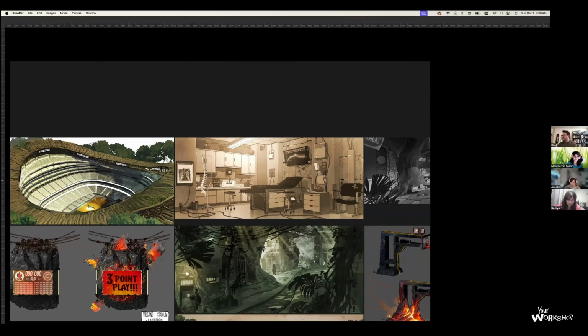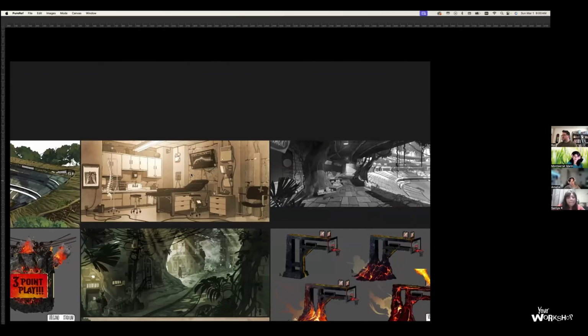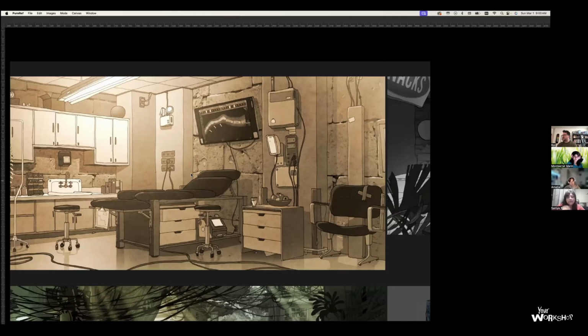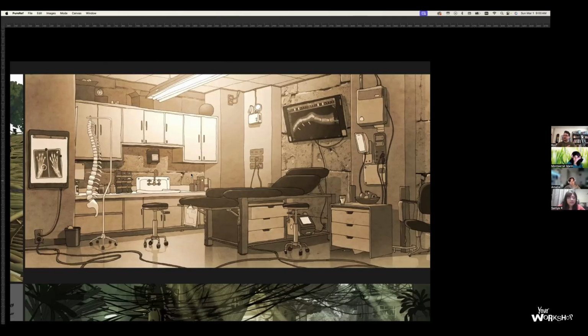But you can see that this is much more specific, right? They take the pre-production art and the storyboards, and then they give the art and the story beats to a production artist, and they're like, well, we have a scene that takes place in a dentist office. We need to know what that dentist office looks like. We need to know more specifically what it looks like, because somebody is going to take the artwork and actually